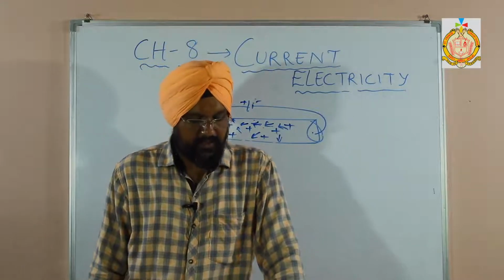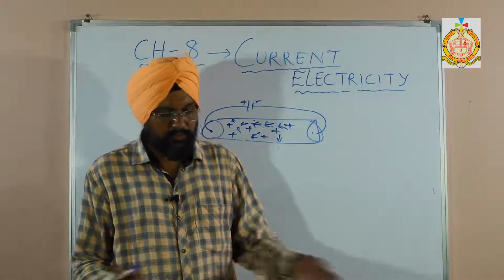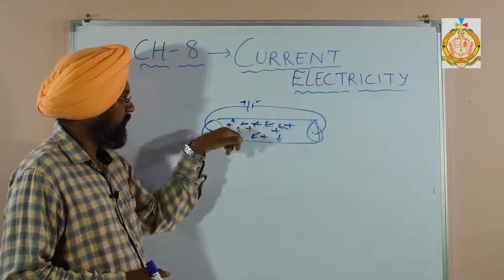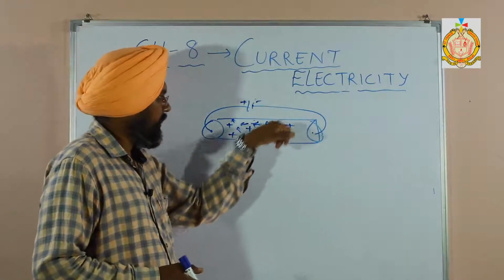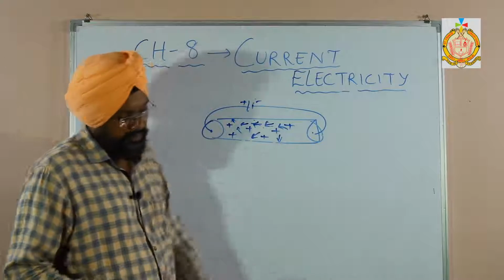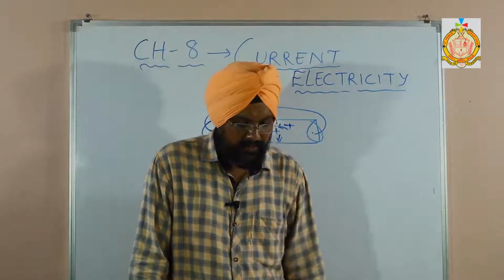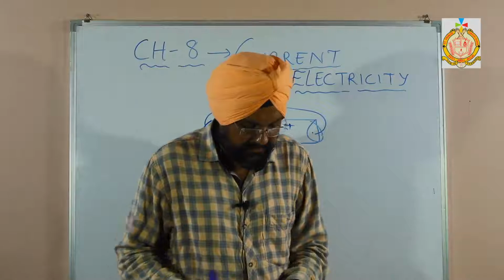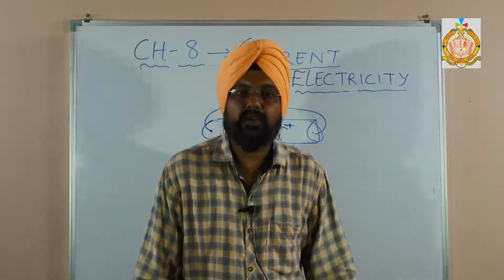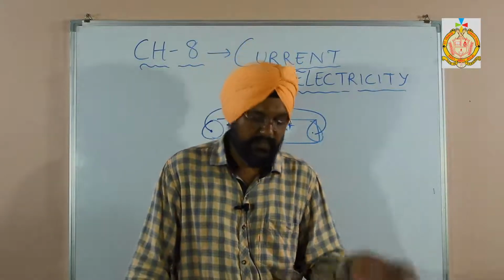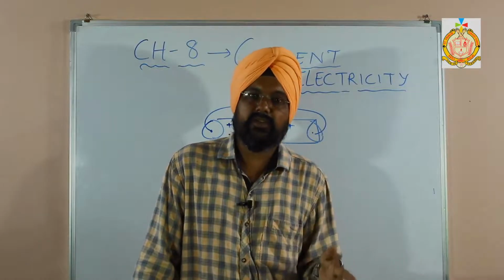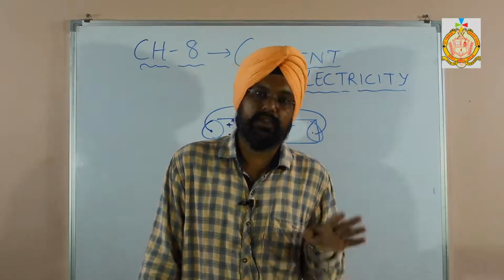This process continues as the electrons do not move in bulk. Bulk means that they cannot all come over here at once. Slowly they have to come forward. So the increasing speed, but this drift of electrons toward the positive terminal, is called resistance. This is the cause of resistance. So students, the cause of resistance is very important over here. What is the cause of resistance? This is the main question in this chapter.